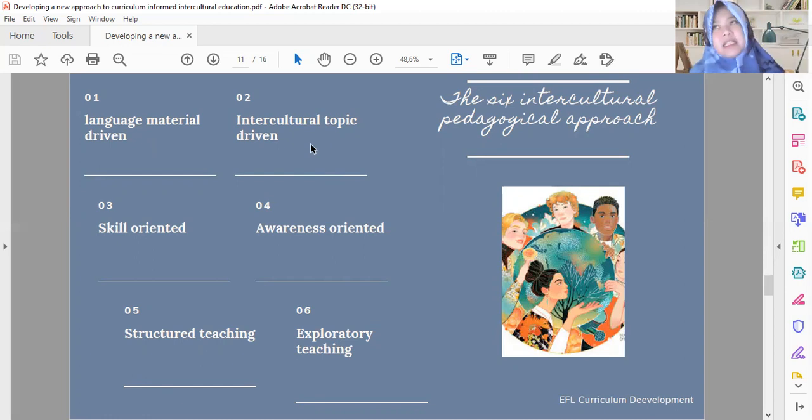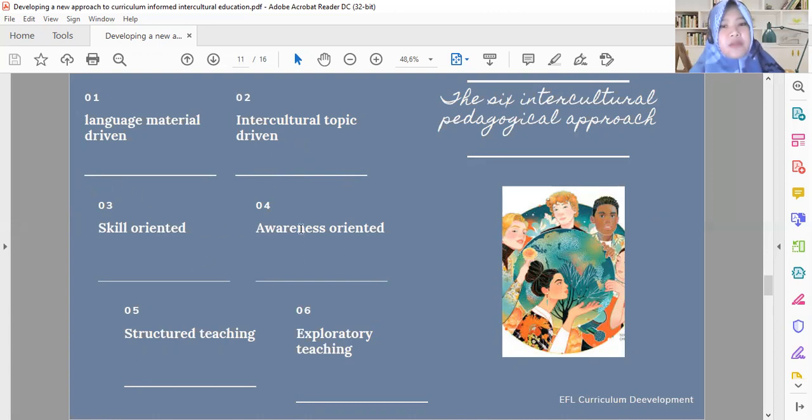For example, in teaching reading or in teaching listening, the topic will be an intercultural topic, such as in-group, out-group, stereotyping, or culture shock, and many more. So here, intercultural topic driven.